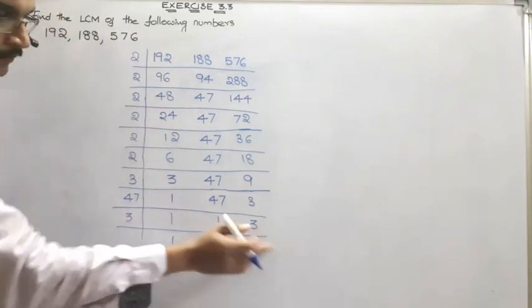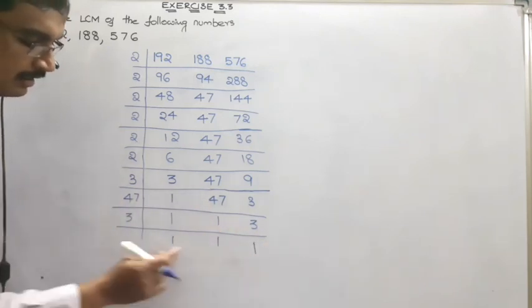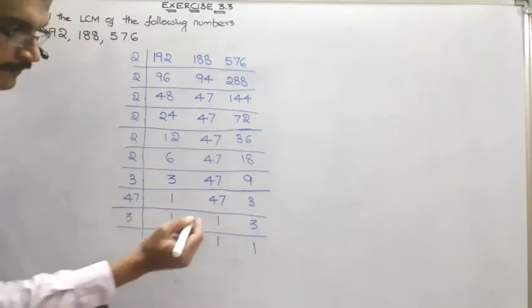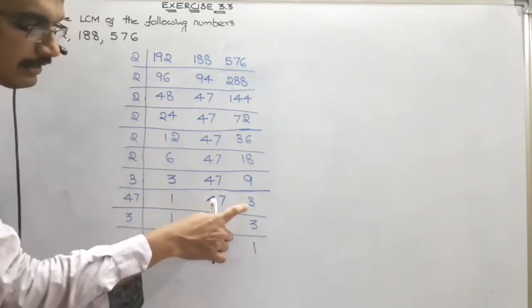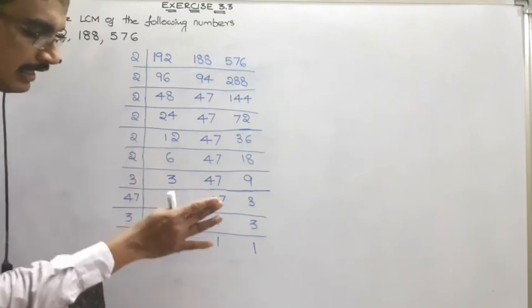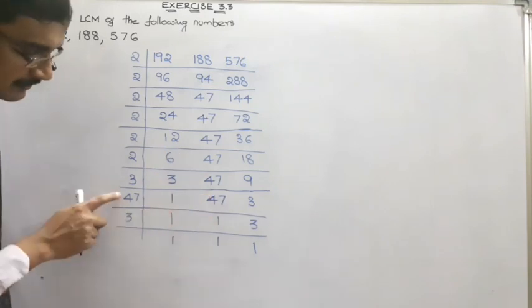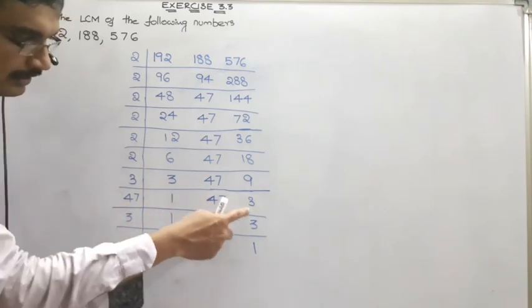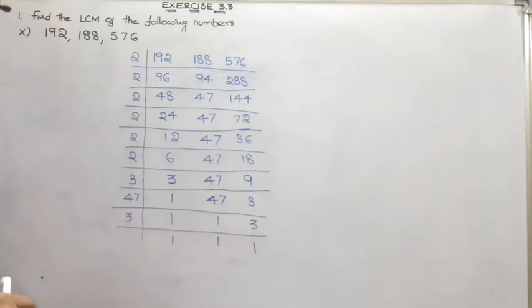LCM is completed. Here also you can stop the process, and if you want to have a clear-cut idea, you can run these 2 steps also. Look, I am repeating again. At this step what happened is 47 and 3. These 2 numbers are not going to be cancelled in any of the tables. In that regard, what we did is cancellation with the individual numbers. 47 1s are 47, 3 we drop it, 3 1s are 3. So with this we are done with the LCM. Even this method you can use to find the LCM of the numbers.